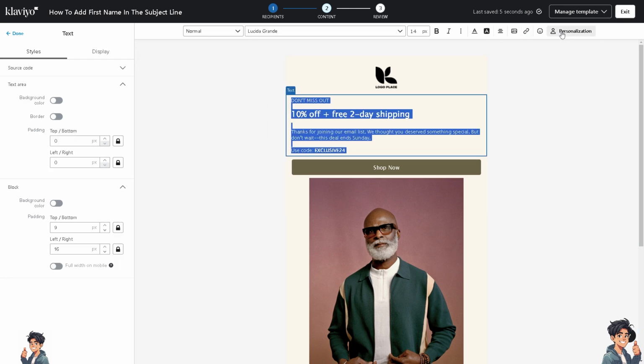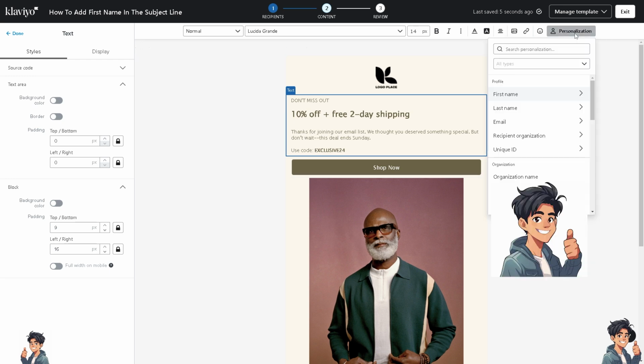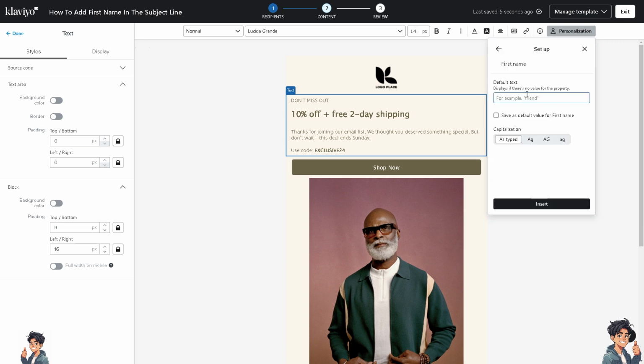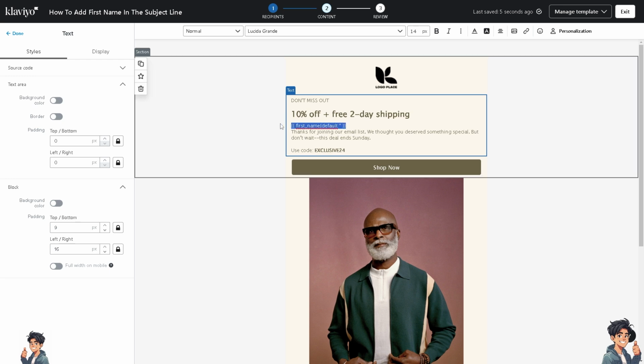You see this option right here? It says personalization. I need you to click on this one. What will happen is we need to create a profile for the first name. All right. Click on that and click on insert. All right. What will happen is you need to copy this entire thing right here. I'm gonna copy this one,